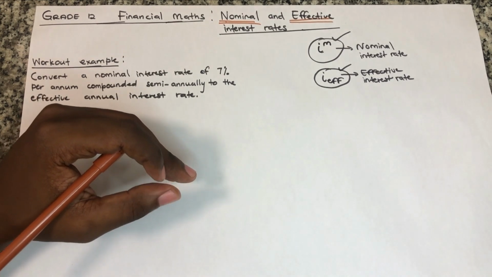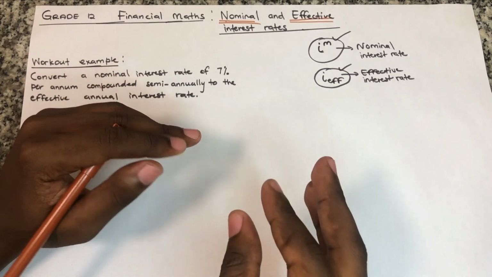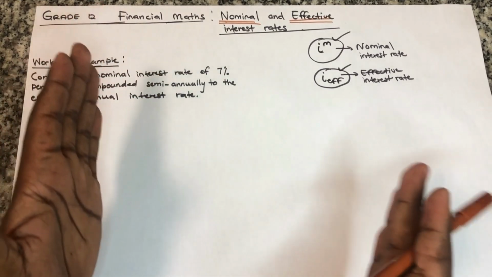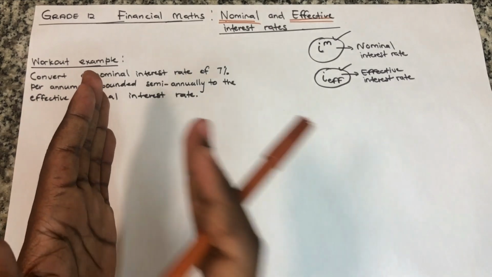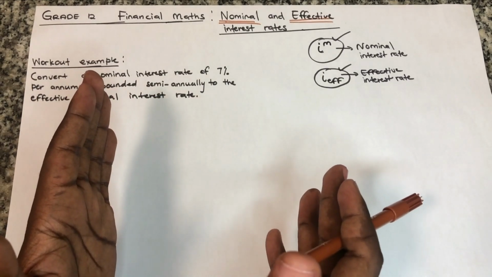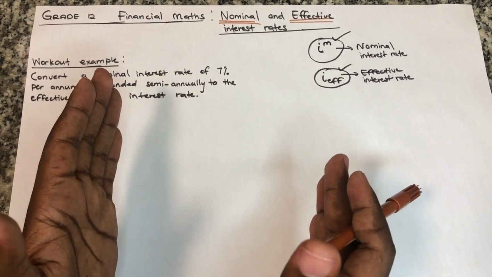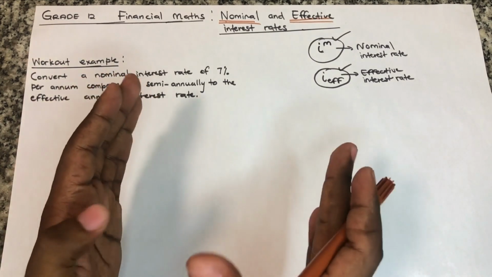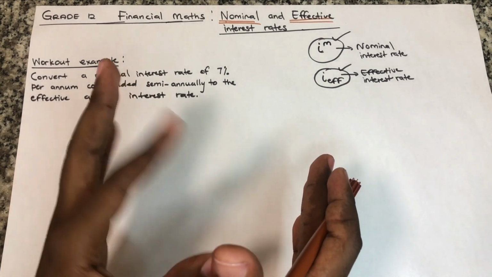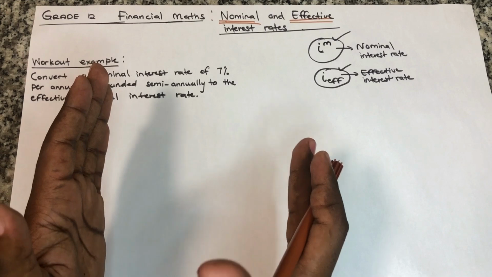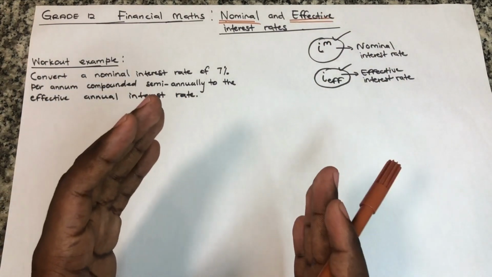Remember that we're moving from the stated interest rate, which is the nominal interest rate, to the effective interest rate. So with nominal interest rate, remember, it is stated but not real. But now the effective interest rate, it is mainly because